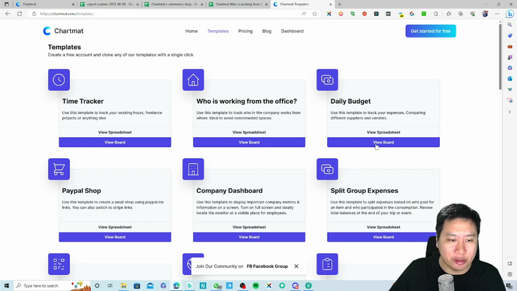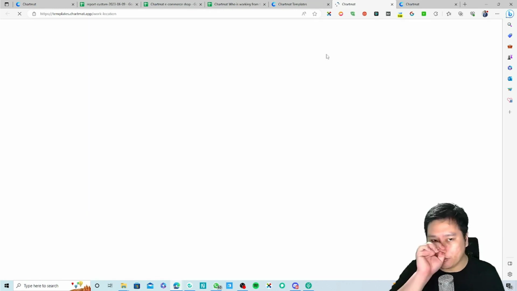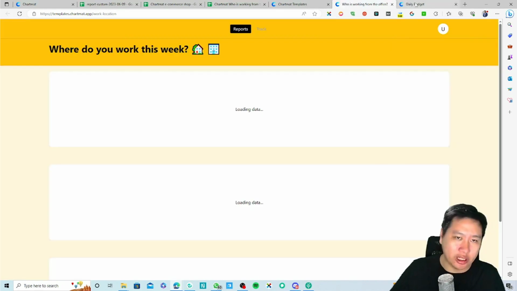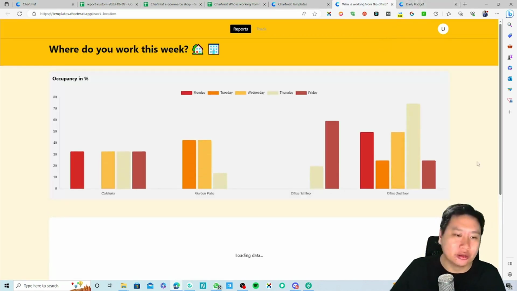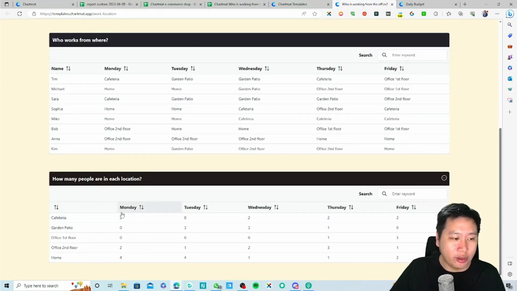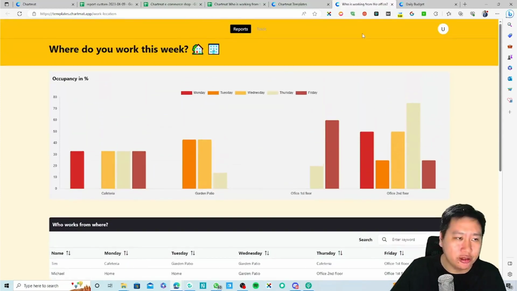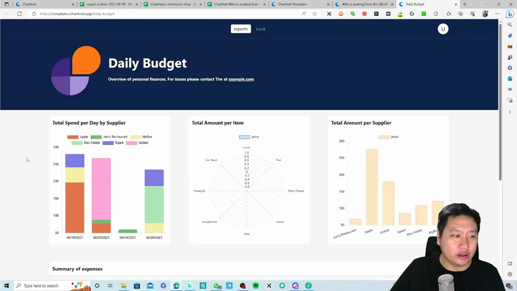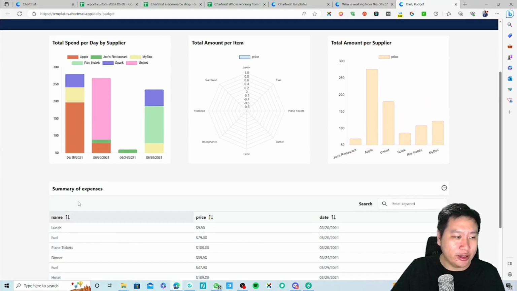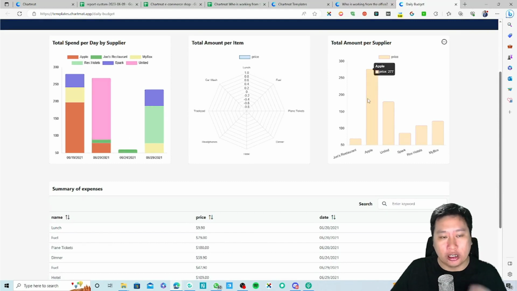And then you can use it maybe for your daily budget. You can do that as well, like who's working from the office, right? Because we have hybrid work arrangements nowadays. So where are you working? This allows you to track where people are in different locations, okay? And then your daily budget, you can track that in here as well, like how much are you spending, where are you spending on different suppliers, and with each supplier, how much are you spending with them, different